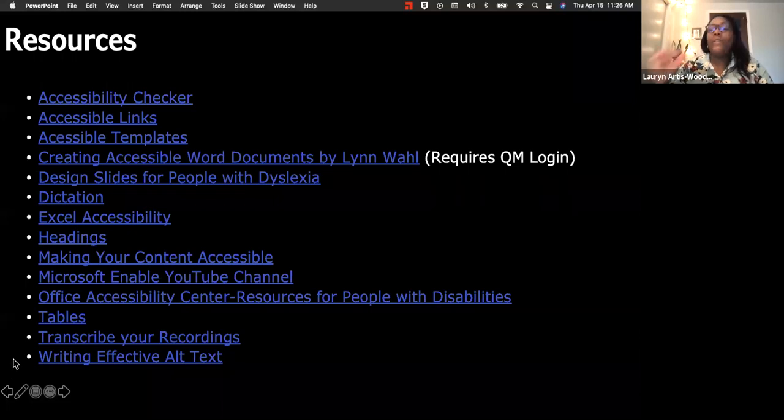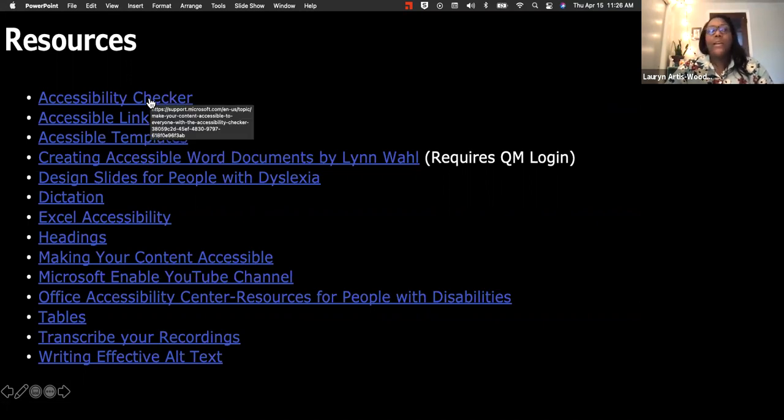Okay, so that is all we have on all of those different accessibility features in Microsoft. And as you can see under resources here, we have a whole lot of links. A lot of these will link out to Microsoft sites that have more information and instruction about each of those items. So if you need to see a tutorial or want to see another video about how something works,